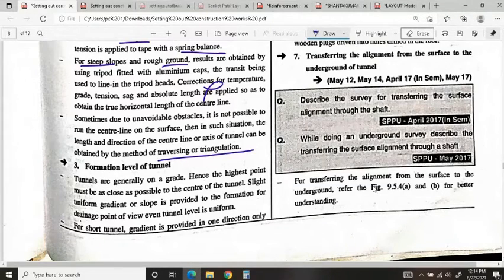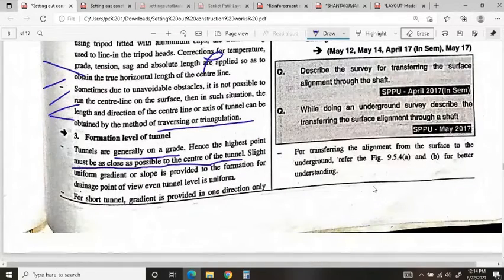Then formation level, I have already said, depends on whether it is a normal gradient, a rising gradient or a falling gradient. So we will choose a uniform gradient where the slope is not that steep. The slope will be a uniform one. Tunnels are generally on a grade, hence the highest point must be as close as possible to the center line of the tunnel. A slight uniform gradient or slope is provided to the formation from the drainage point of view. Even if the tunnel is uniform,